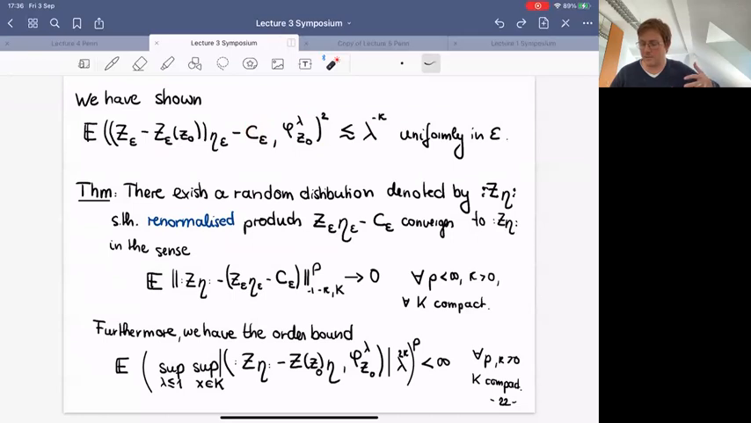Okay, so the theorem, which we haven't quite proved but which is true, is that there exists a random distribution, which I will denote by this weak product if you want, such that these renormalized products, so I have to subtract a constant, converge to it in a pretty strong sense, the sense of stochastic moments of all orders measured in these norms of just below kappa. And furthermore, you have the order bound, if you compare this thing with the order bound that you want,